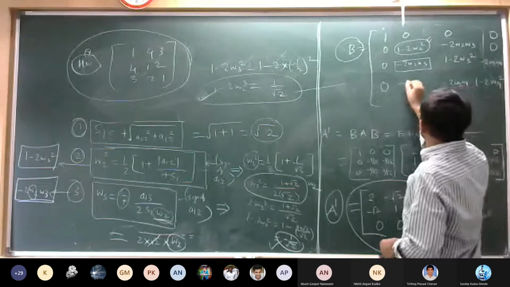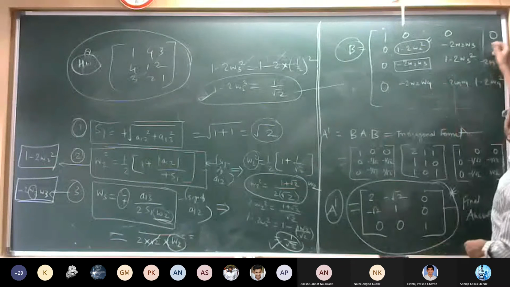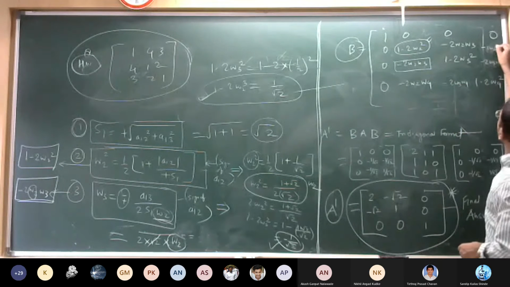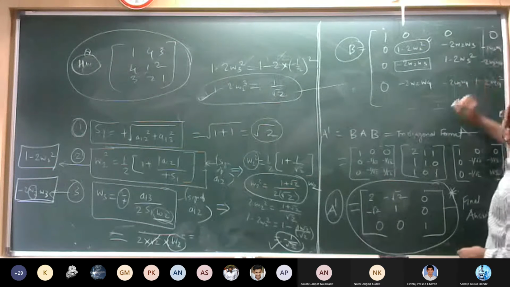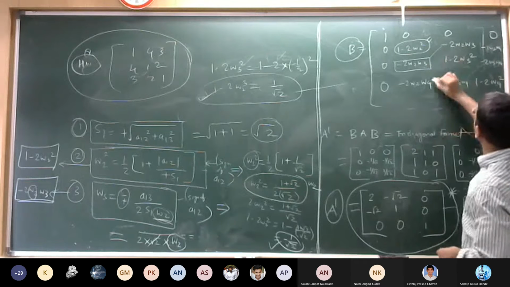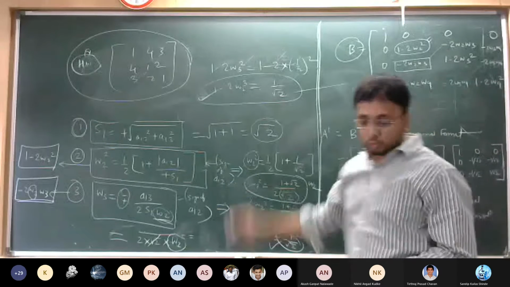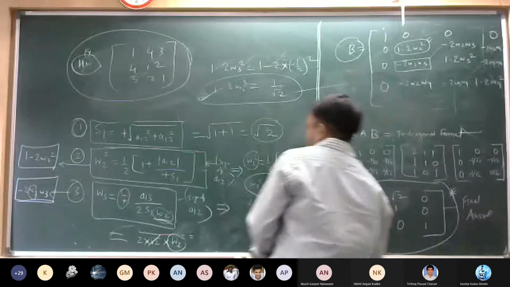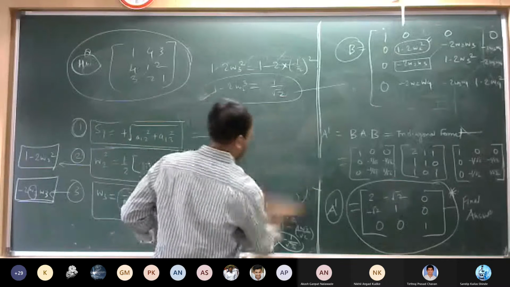It will be minus W2 W4. This will be minus W2 and W4, so that this term will be same, this will be same, this same, this will be same, this and this will be same. Okay, W4 will be added. So W4, that we need to write the formula for that W4 value. It would be same.